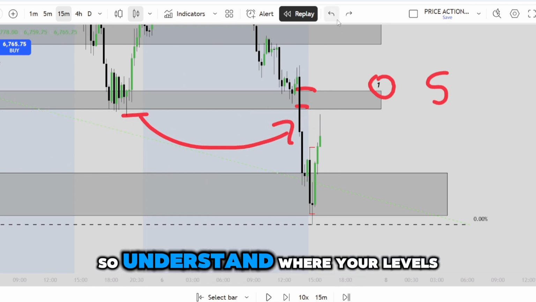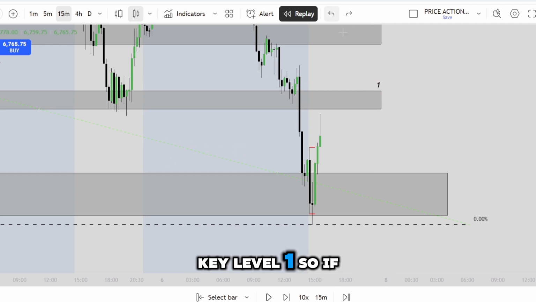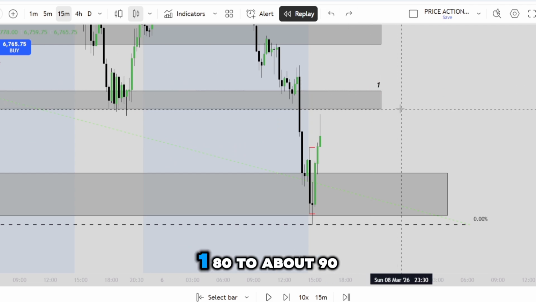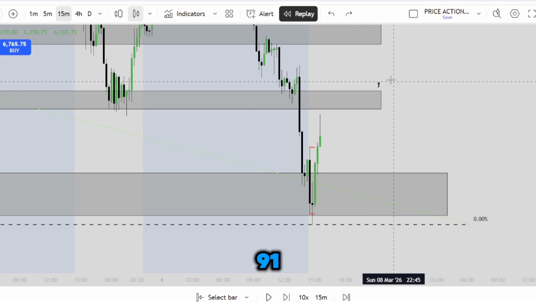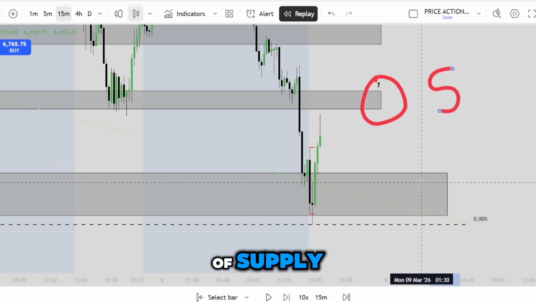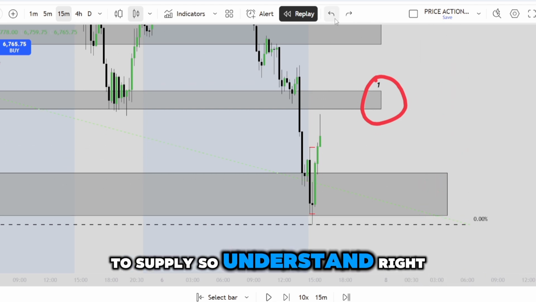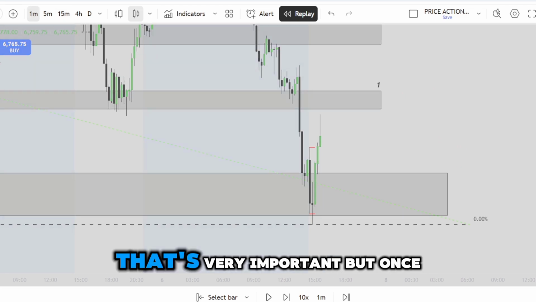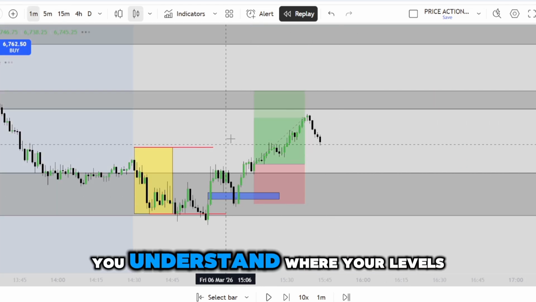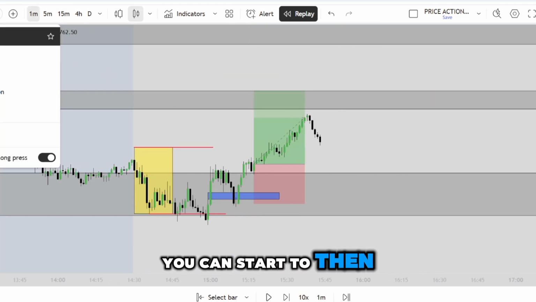So understand where your levels are, right? Key level 1, if you're trading ES, is 80 to about 90, 91. This was a huge area of supply. So we went from demand to supply. Understand where your levels are. That's very important. But once you understand where your levels are, you can start to then, you know where to